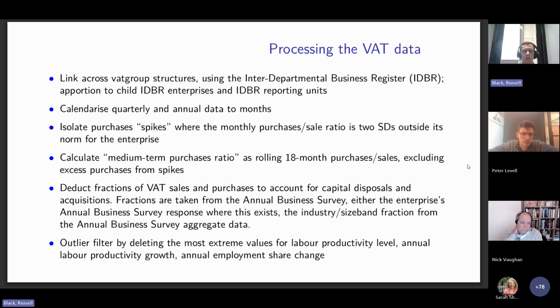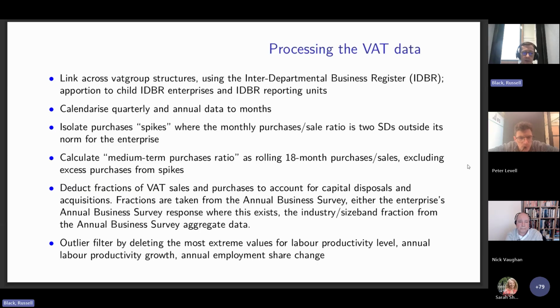So for each firm, for each 18-month period, I calculate the rolling purchases sales ratio as their intermediate consumption propensity. And then that is used rather than using the actual data month by month on what the companies are buying. So it doesn't matter at what point they're buying something over these 18 months. I'm going to assume that it is coming in and out of the firm's inventory along these 18 months. That's in the absence of any other data on stock buildup, essentially the only thing you can do.